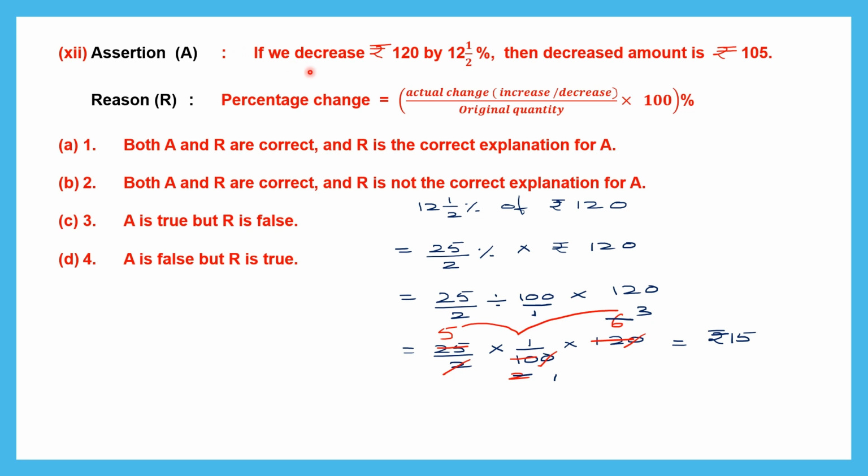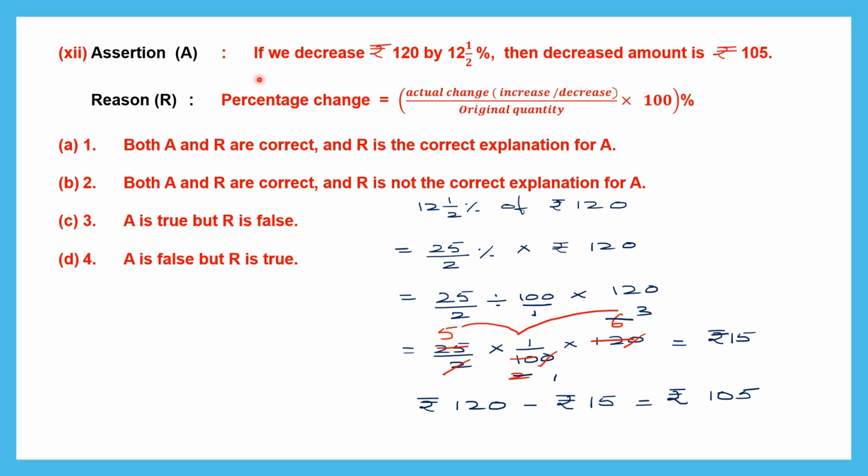Now here it says decrease, that means we have to take the original number and decrease 15 rupees from it. That is, the original amount is rupees 120. From this we take away 15 rupees. So 120 minus 15 is 105. So when we decreased 120 rupees by 12 1 by 2% of it, which is 15 rupees, we get 105